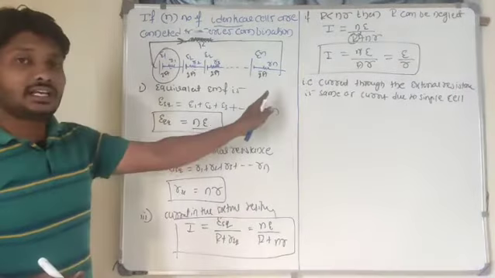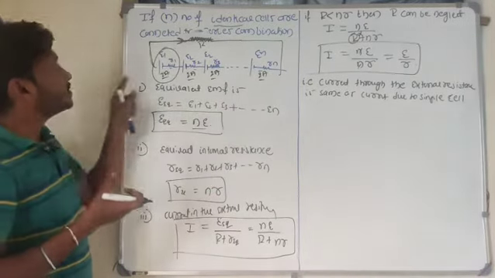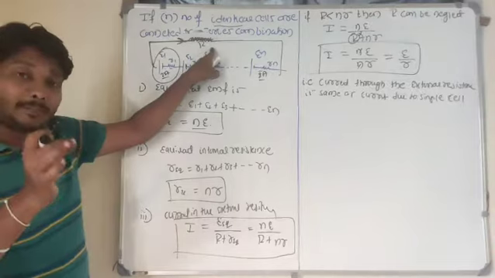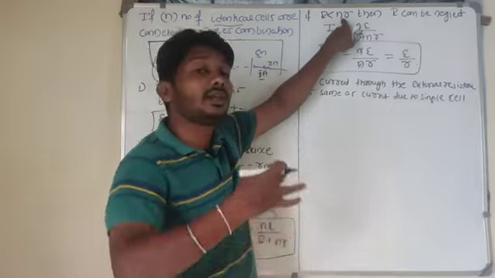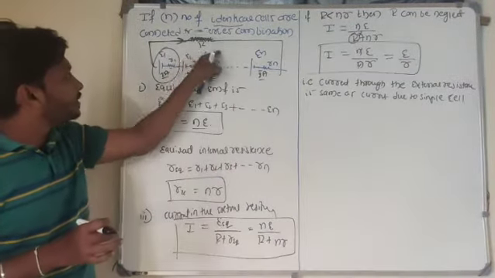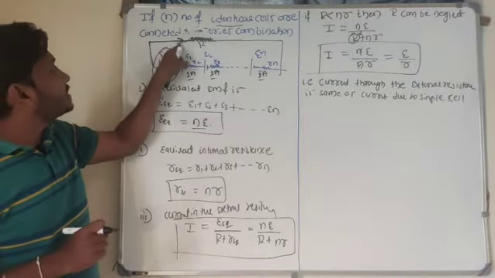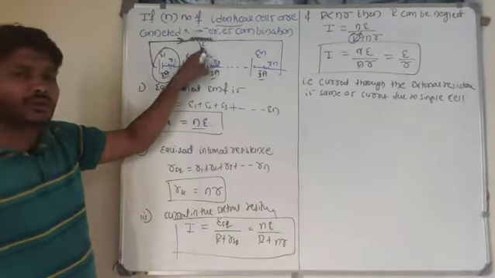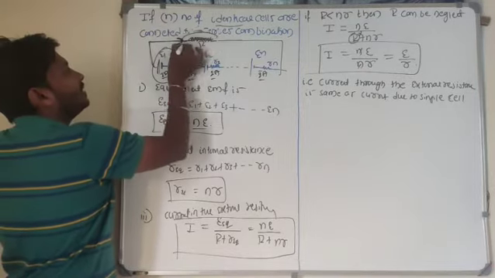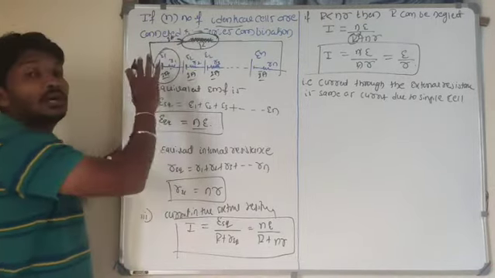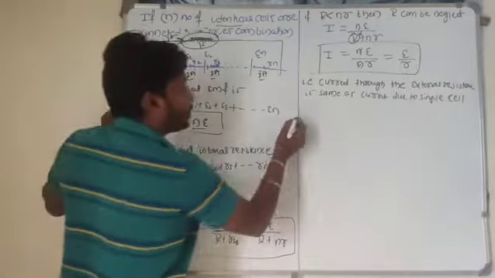Here n number of cells are there, and each cell will produce 2 ampere of current. What will be the maximum current present in the external resistance if the external resistance is very small as compared to the internal resistance here? If the value of external resistance is very much less as compared to the internal resistance, then the maximum current in the external resistance is the current due to a single cell. If a single cell produces 2 ampere of current, then the maximum current in this external resistance is also 2 amp only. It won't exceed more than 2 amp if external resistance is very small.